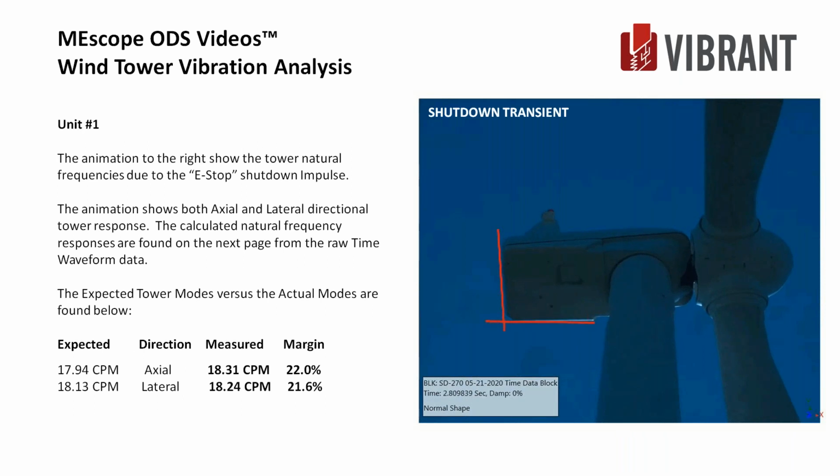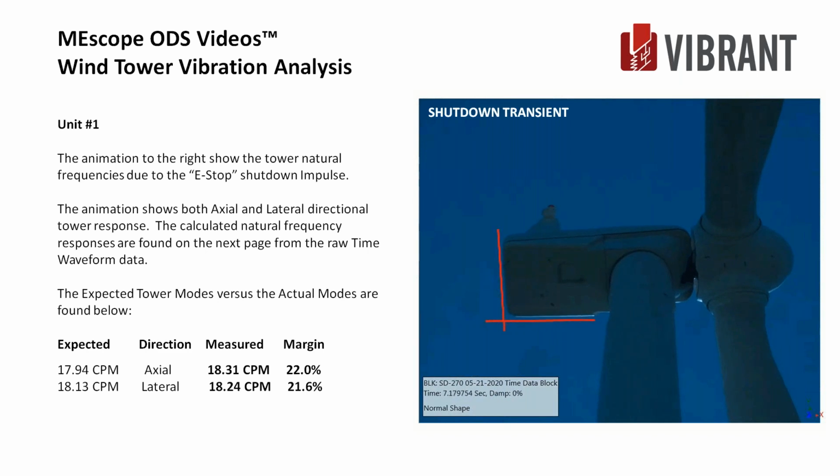All right, now we get to some animations. This is unit number 1. The animation to the right shows the tower natural frequency due to the e-stop and blade pitching changes that we talked about in a minute to stop the shaft. And you see mostly a dominant axial direction response and a little bit of lateral response. Okay, this kind of oval, eccentric oval is what we would call normal. And this was the